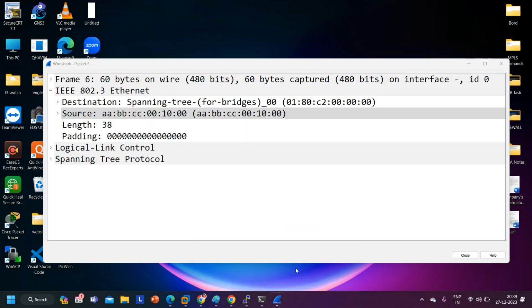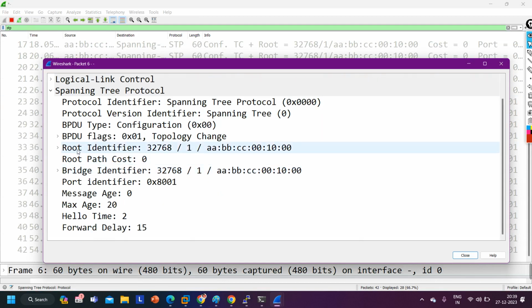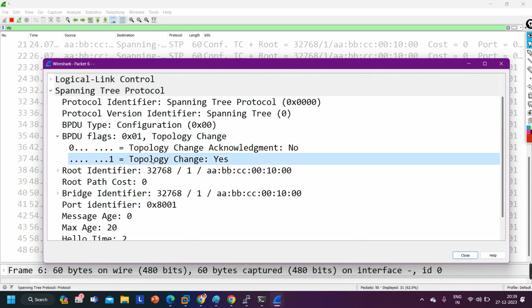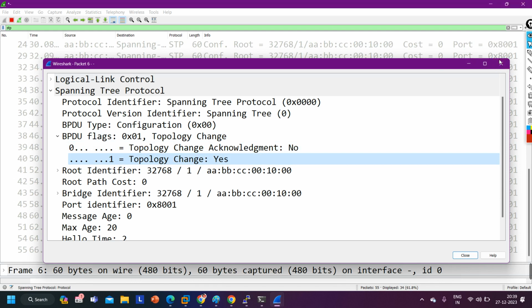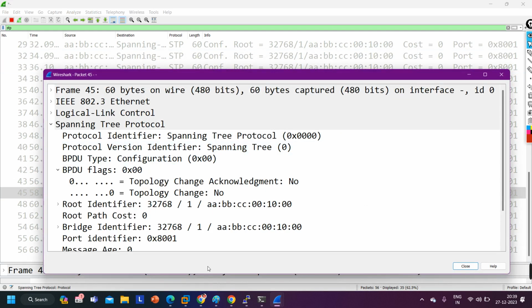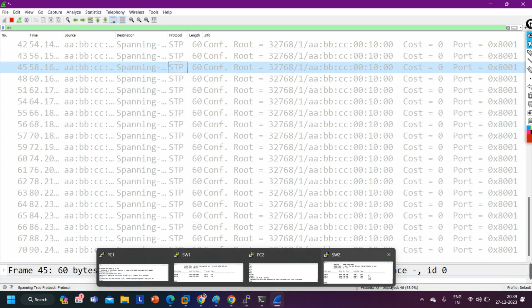Correct? In this BPDU, if you open the spanning tree message, in the BPDU flags, see the TC bit. Topology change acknowledgement. Just wait, let me open a new spanning tree message. Here you can see the TC bit is what? Off. So by default, the root bridge switch sends BPDU with the TC bit off. But when a change occurs, see,